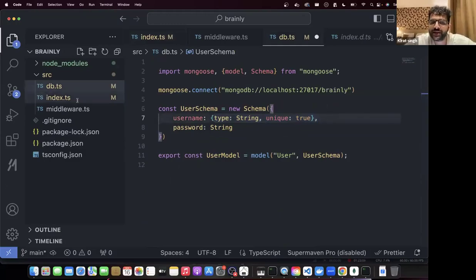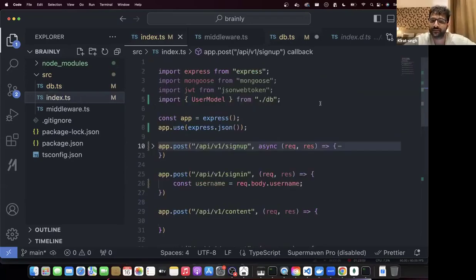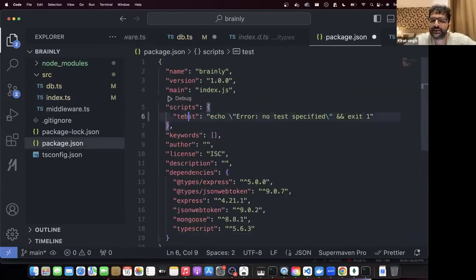How do I start my TypeScript project? मेरा TypeScript project चल रहा है. How do I start it? Common thing you should do is in package.json, you should add a build script. I repeat, you should add a build script. यार मेरा project ऐसे build होगा. tsc -b to build the project.